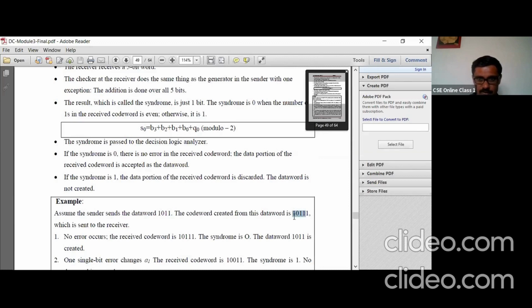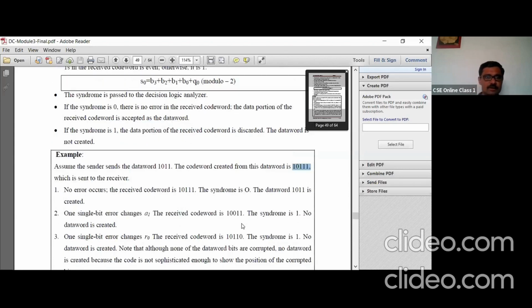There are already an odd number of ones, so you have to make it even. Therefore, this R naught bit is 1 here. This is the code word which is sent to the receiver.